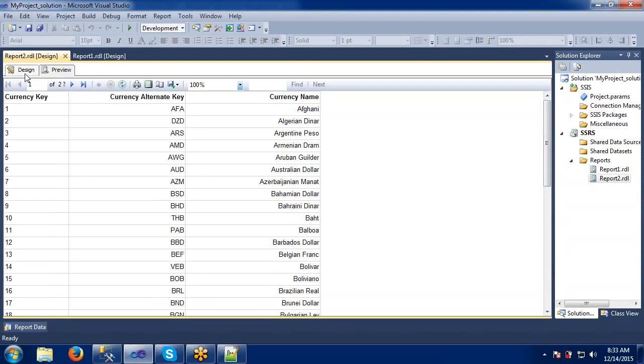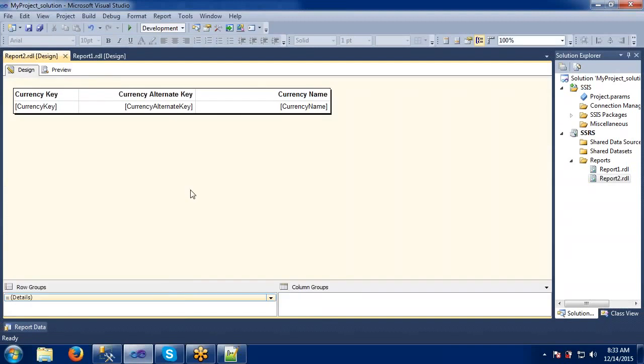This report and the wizard report, there is not much difference. The only difference is that in the wizard we are going to generate the options, giving all the inputs. Why? Because the wizard is going to give us all these options, but coming to the manual one, it won't give us these options. We have to provide all this stuff.